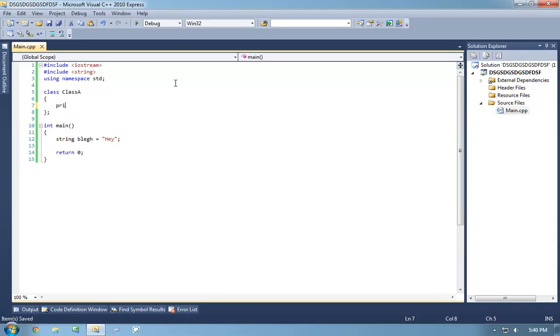And Class A had an int reference number. Or how about just string reference? I'll just do int reference. What is wrong with this code? Can anybody guess what is wrong with this code? Can anybody guess what rule I am invalidating right now? And I'm not going to hover over the squigglies.